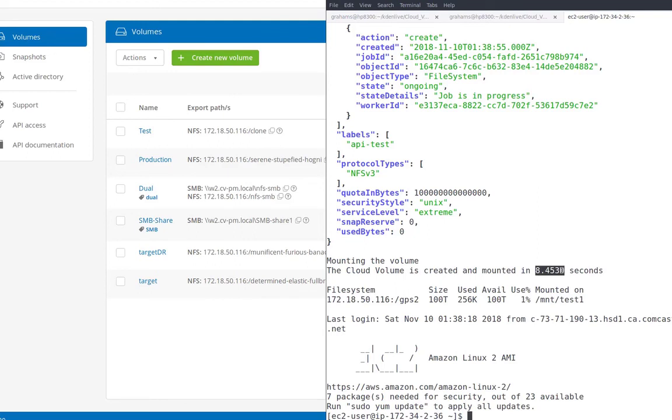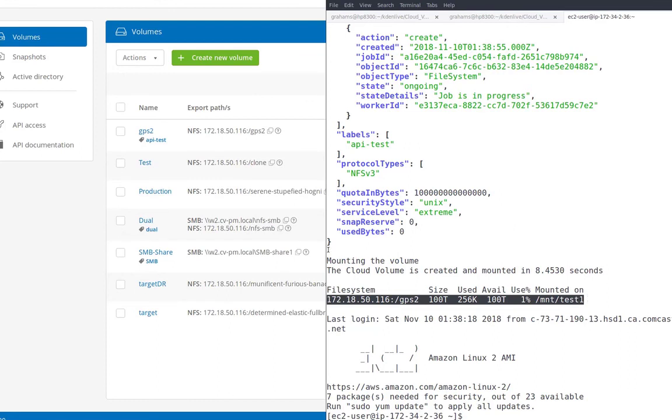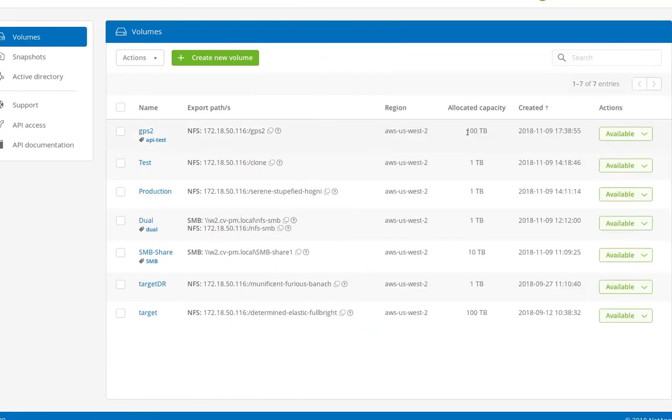We see that we've mounted the volume in 8.4 seconds. That's including creating the volume. The volume is 100 terabytes in size. That's 0 to 100 in 8.4 seconds, and that's reflected in the user